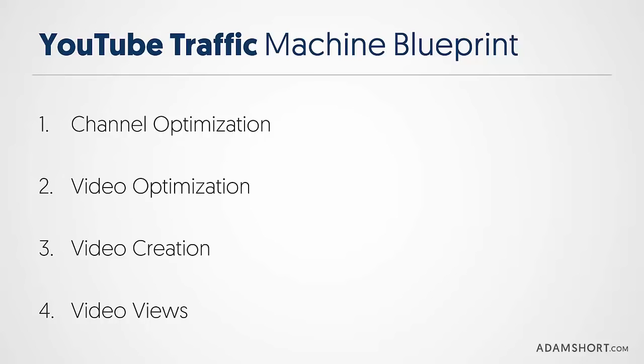So for instance, number 4, video views. The number of views that a video gets is really important. YouTube looks at that as a ranking factor. So the more views a video gets, the higher it tends to rank in YouTube and over at Google as